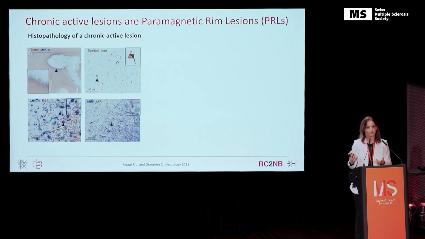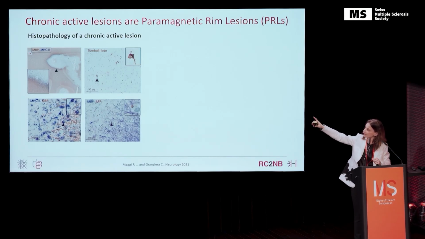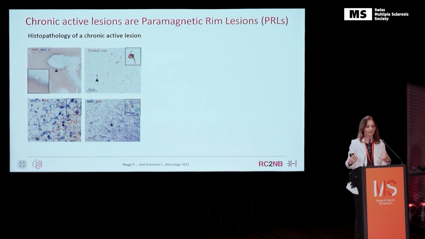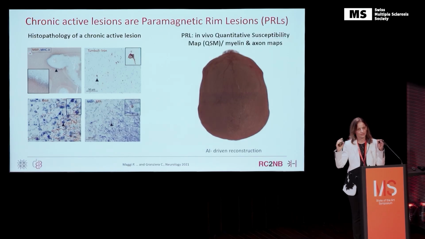Sometimes they're rich in iron, we have heard, and this is the characteristic that we use to image them. And they're interesting because they trigger demyelination. You see there the MVP staining, where there is loss of myelin at the border, and it triggers acute axonal degeneration. We can see these lesions if they're rich in iron using quantitative susceptibility maps.